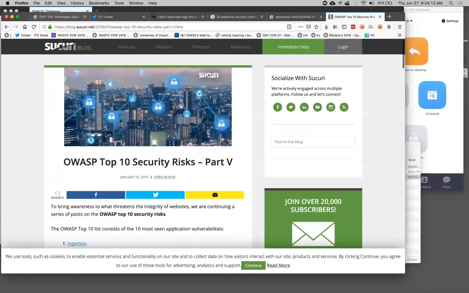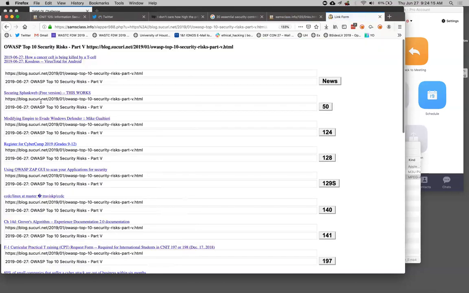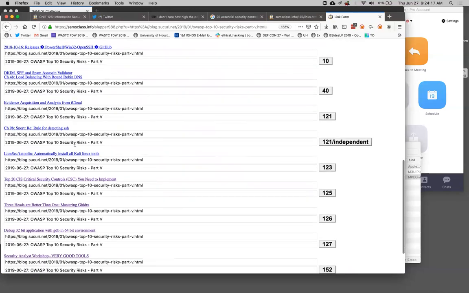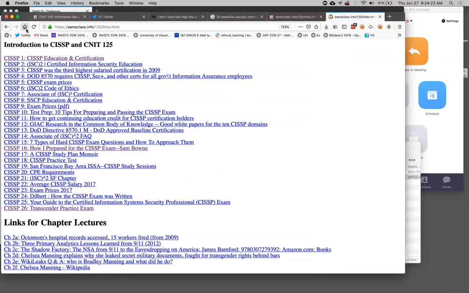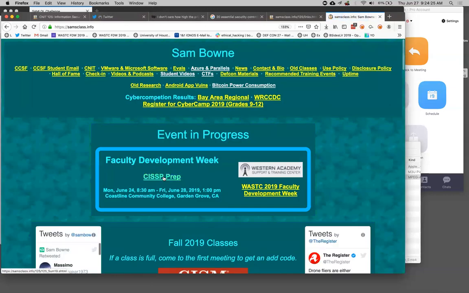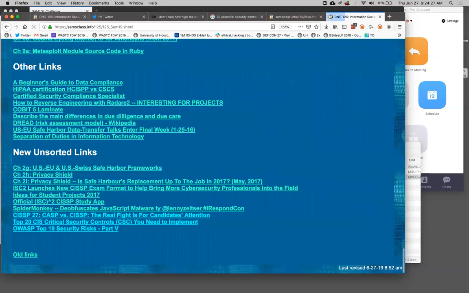And here's the OWASP Top 10. We have mentioned them before, but this might put them in one place where they're easy to find. If you go to this page, the CISSP, and just go to the bottom, they should be there. Yep, there's the Top 20 and the Top 10. So that would be like an exam cheat sheet kind of summary. Good.